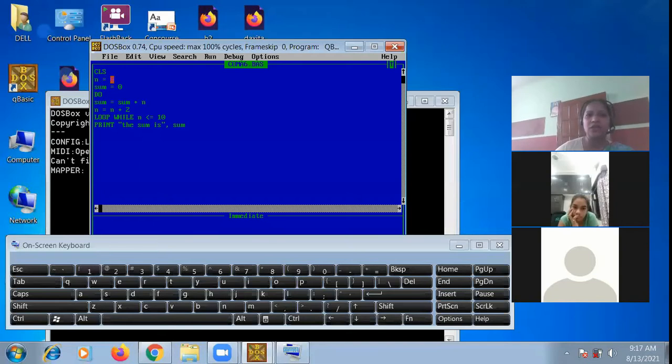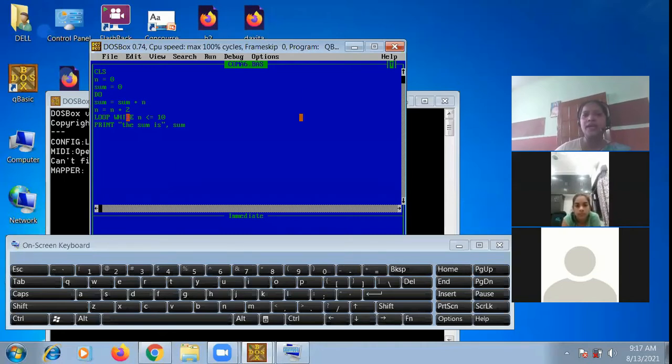Now n value is 0, sum value is also 0. Sum result will be 0 because 0 plus 0 will be 0. Now n value increased by 2, 0 plus 2, 2. Now keep in mind that sum's value is 2 and n value is also 2.